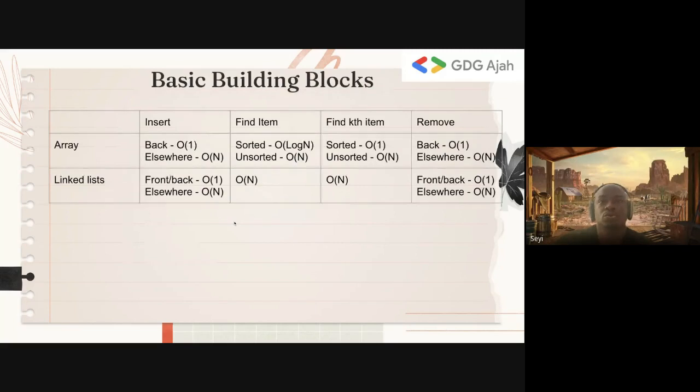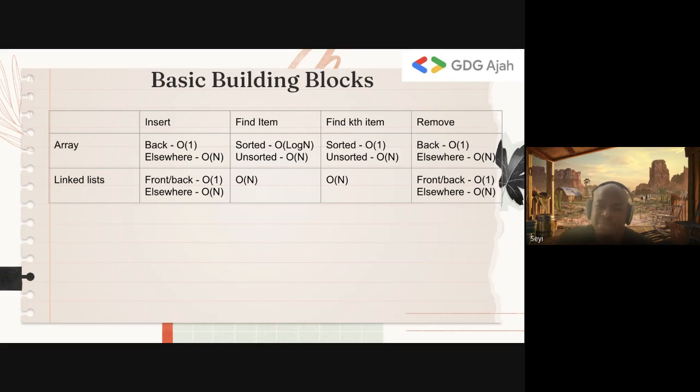So going over arrays now. We know from arrays you can insert. If you want to insert into the array, you can insert at the back of the array in constant time. But if you are inserting at any other place, you have to shift all the items in the array forward. And to find items, last week we did searching, and the key thing to note when you're finding an item is that if the array is sorted, you can find an item in log n using binary search. But if it's unsorted, you have to do a linear scan, which is O(n).